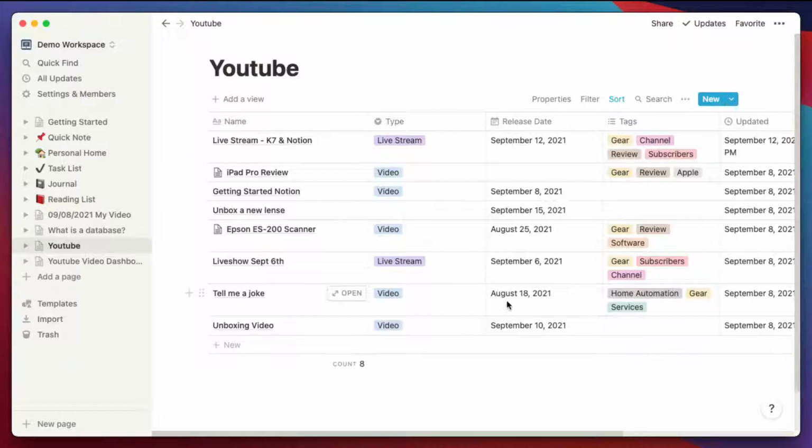Yeah, so Notion can be as complicated as you want. It can be as simple as you want. But today I'm going to talk about something in Notion called relational databases. And relational databases have to do with two databases talking to each other. So if we're going through this YouTube theme right here, let's say